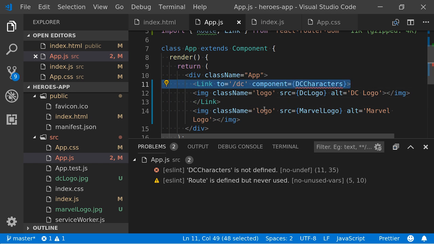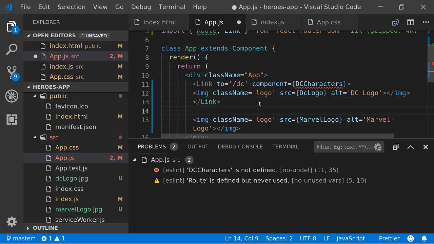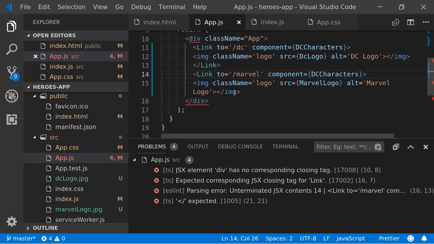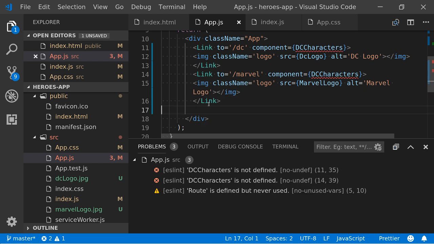So we can do the same for our marble. Yep, so it's just highlighted that because they're the same.